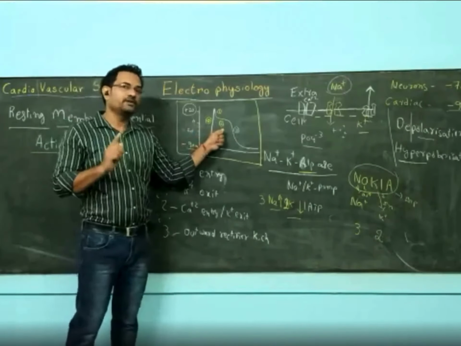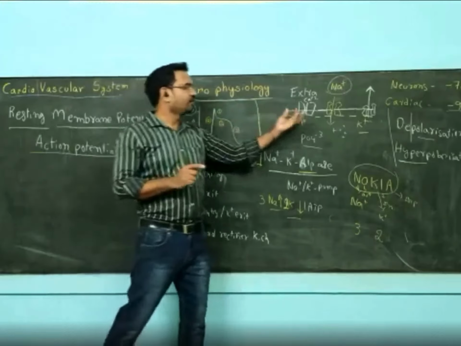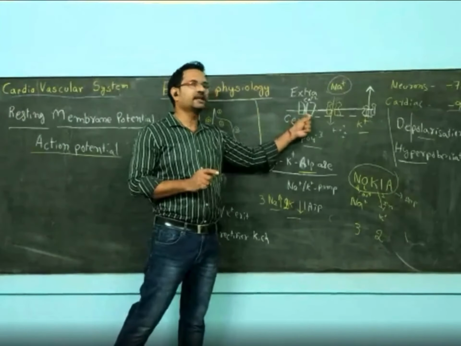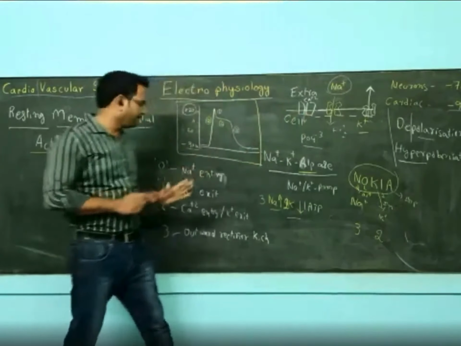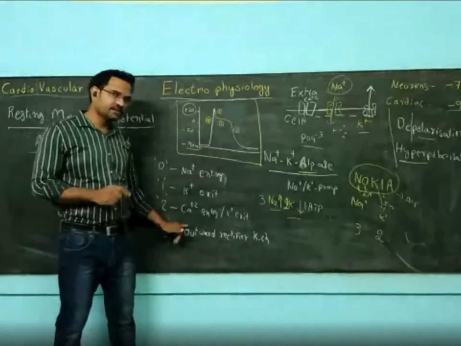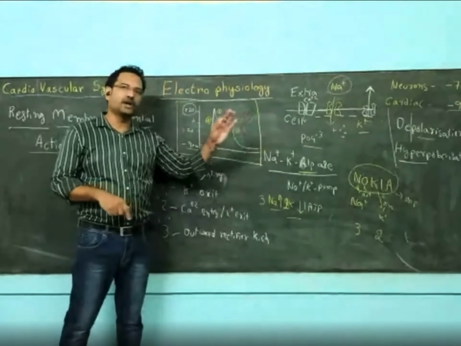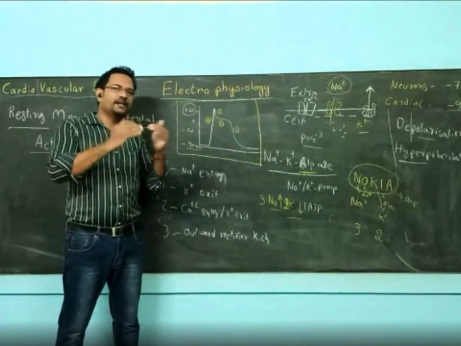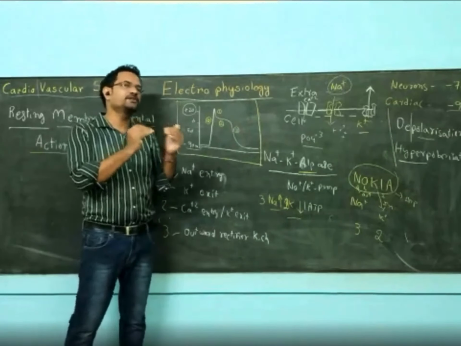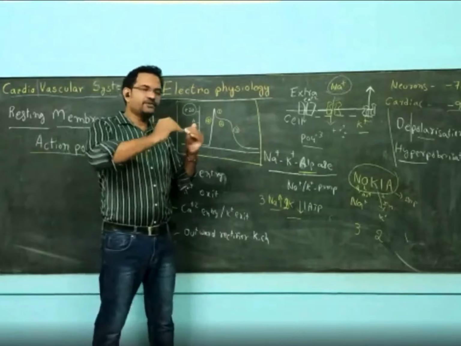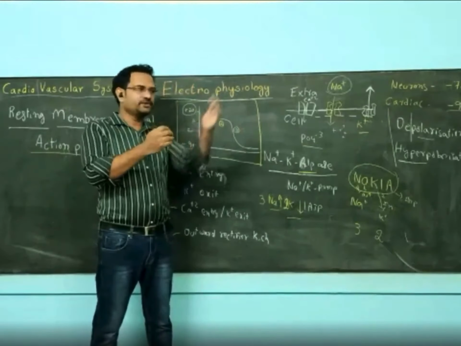Second phase is an important phase wherein, because of these voltage changes, voltage gated calcium channels open. The opening of voltage gated calcium channels results in calcium entry. At the same time, potassium is still leaking out. So both of them will get balanced, the ionic potential will get balanced. A positive charge is going out, calcium with positive charge is coming inside.